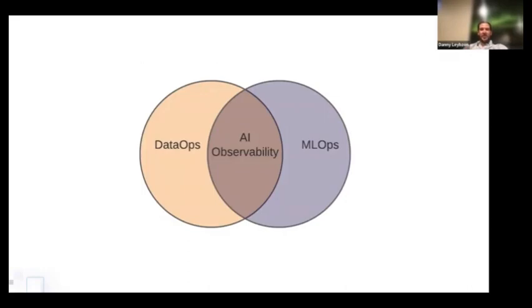Because MLOps, and specifically monitoring machine learning models, requires not just information about machine learning, but really information about data. Ultimately, we're monitoring data, and it's just a very specific use case of data monitoring. And AI observability, insight into the state of a machine learning system, really only happens at the intersection of DataOps and MLOps. And we'll circle back to this again later. So this need to be able to log data, to be able to monitor data,